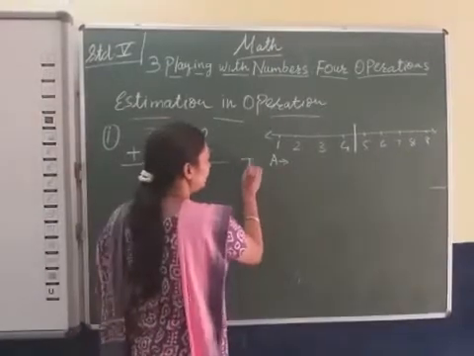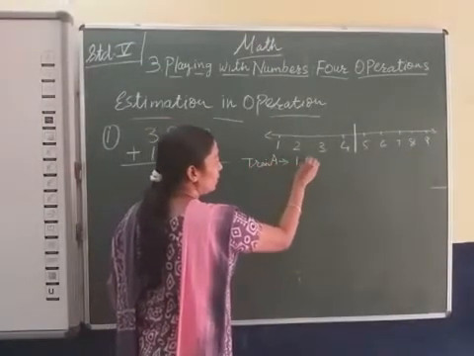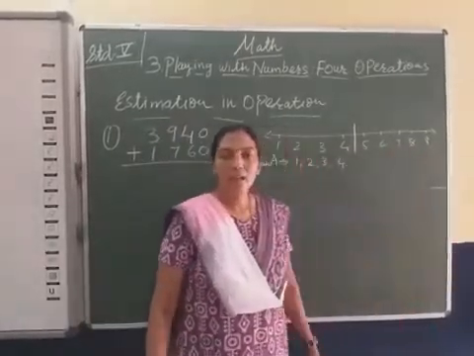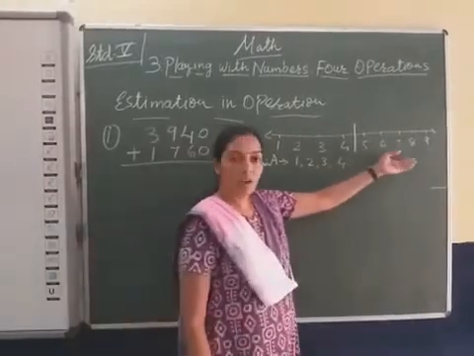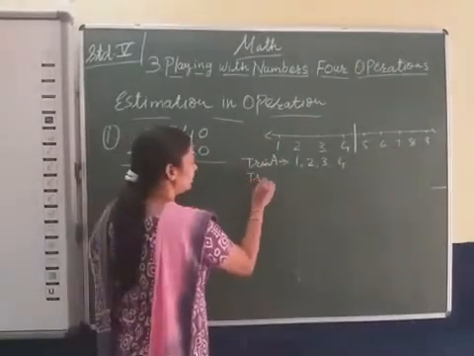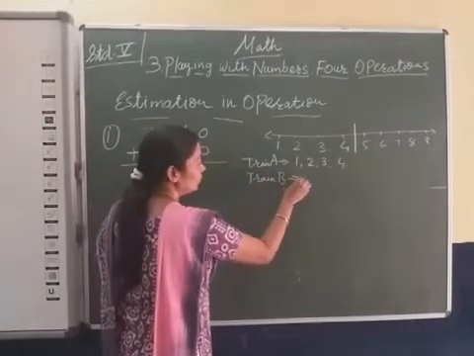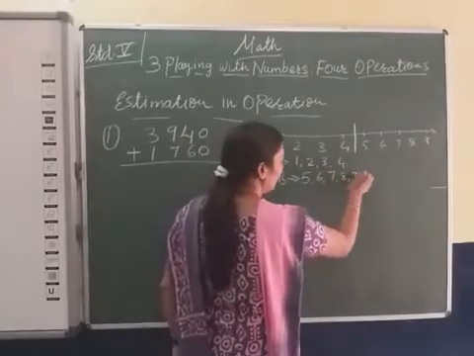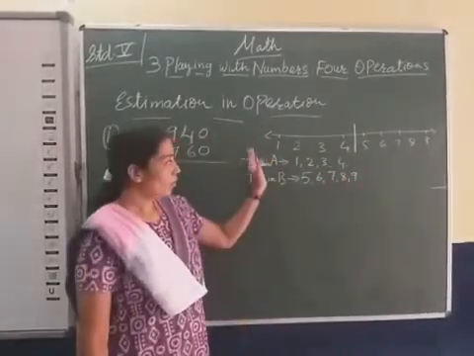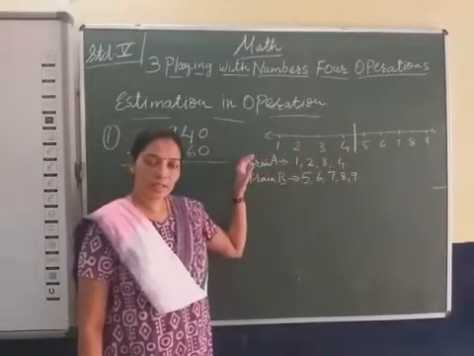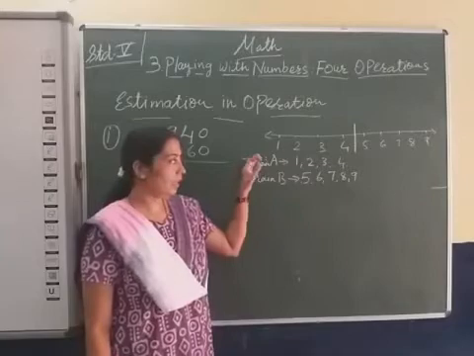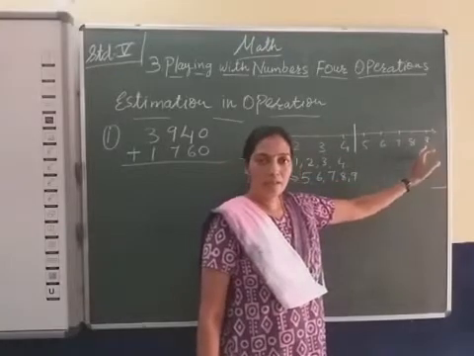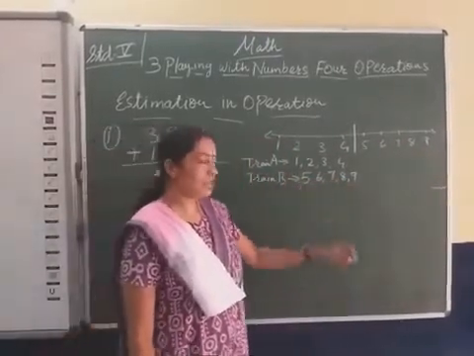So the A train is traveled by the numbers 1, 2, 3, 4. And these, 5, 6, 7, 8, 9, are getting late, so they have to take the other train, B. Yes, 5, 6, 7, 8 and 9. So the numbers 1 to 4 get exactly the train they want to travel on, train A, and these numbers all reach late, so they get the next train B, 5, 6, 7, 8, 9.